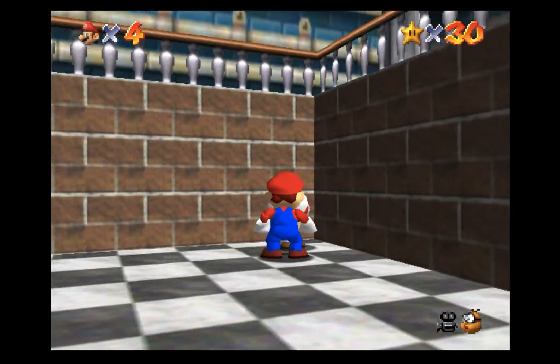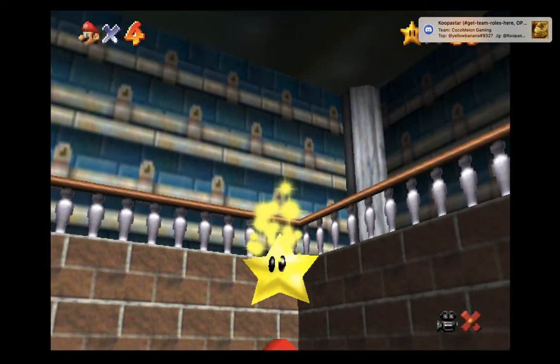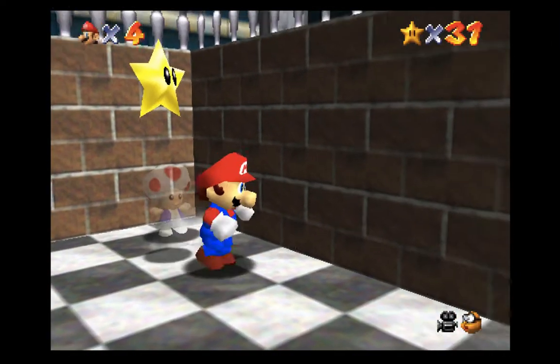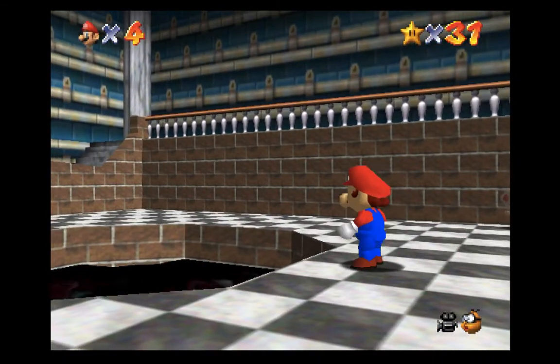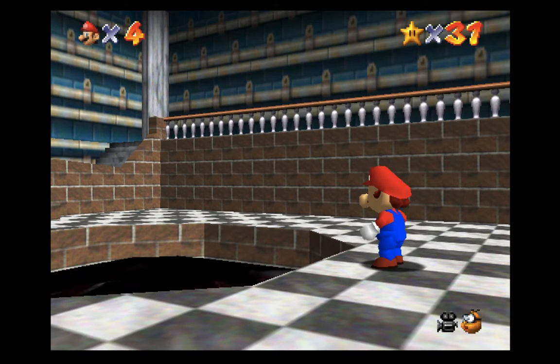First thing you want to do is talk to Toad because he's going to give us a free star. So that's probably one of the easier stars in the game. And now we're going to jump into this little goop here. And the star we're going to be talking about today, I guess we'll go ahead and do the